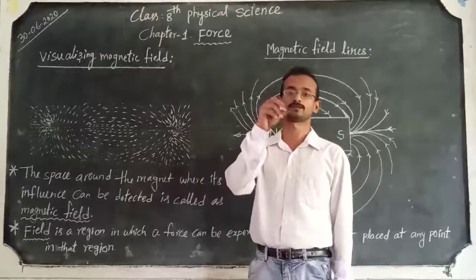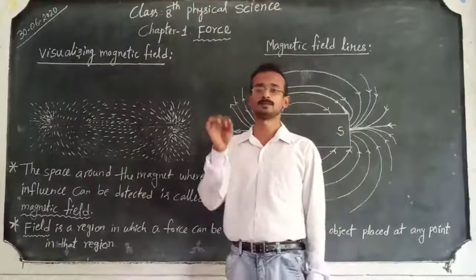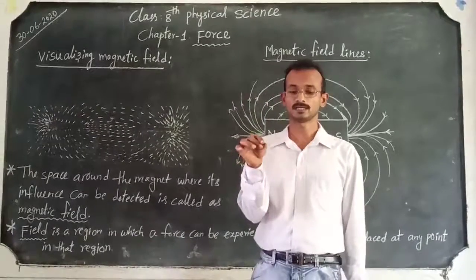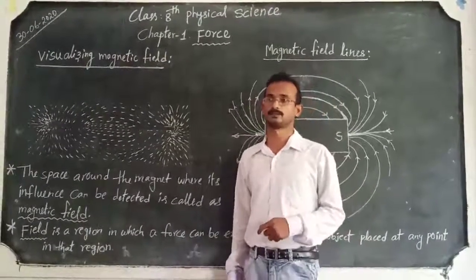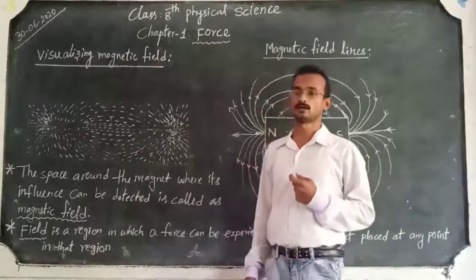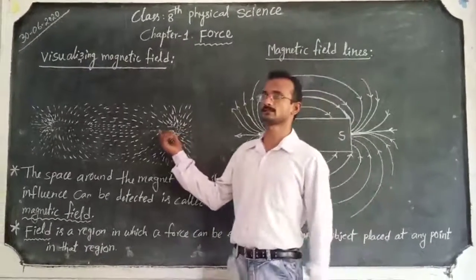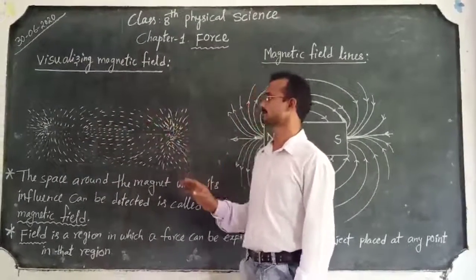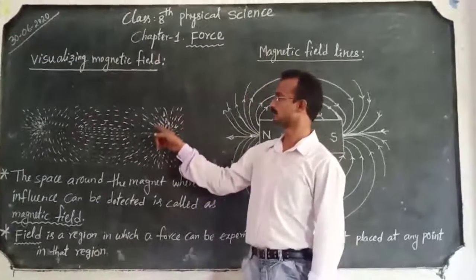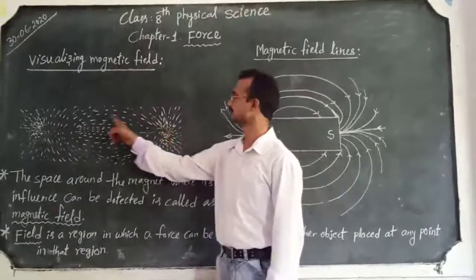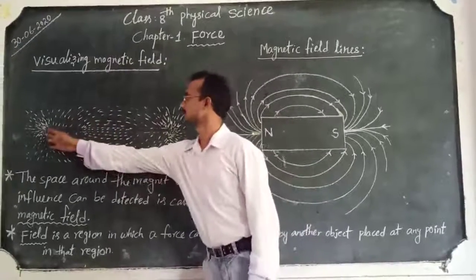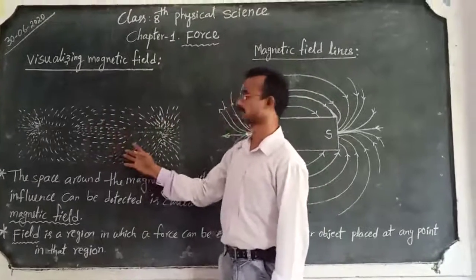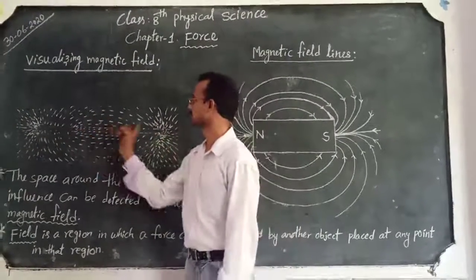After sprinkling the fine iron powder on the paper, use a pen or pencil to tap the paper smoothly and observe what we see on the paper. On the paper, we will see that around the bar magnet, in a small space, all the iron filings are arranged in a particular order. At the ends, there are more filings. In the middle, there are slightly fewer filings. We observe them in a particular order.